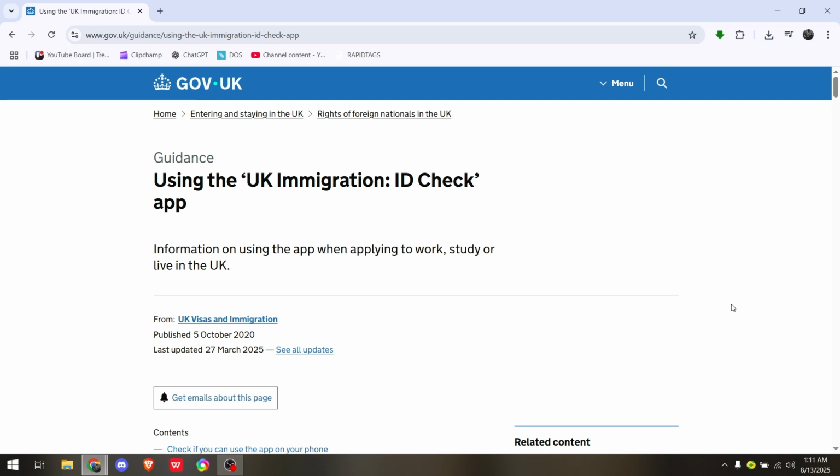How to get the QR code for my UK immigration ID check via the app. And this is quite easy. All you have to do at the very first is, once you have been approved or you already have gotten any kind of visa that you will enter the country of UK, you should have a